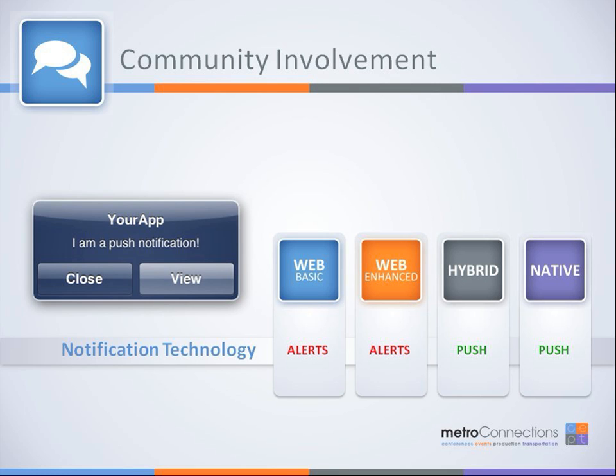For true push notifications, what happens is the application uses your device feature of what many of you know as push notifications for your emails, so that when you get a new notification, you are notified via the little icon with the little 1 or 2 that notifies you that there's something that you should go look at in your application. So you don't have to be actively using it in order to get those push notifications. So Web and Web Enhanced, I have to have it open in order to see the alert, and the other ones I'll get that little pop-up in the upper corner, upper side of my phone.